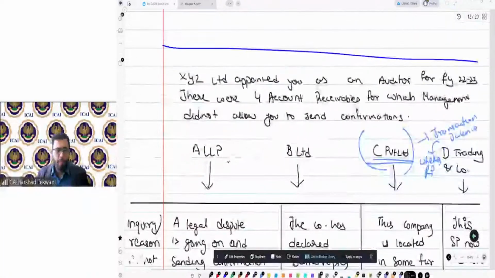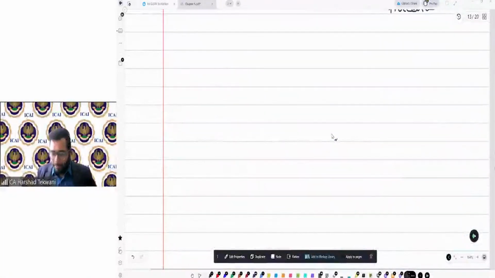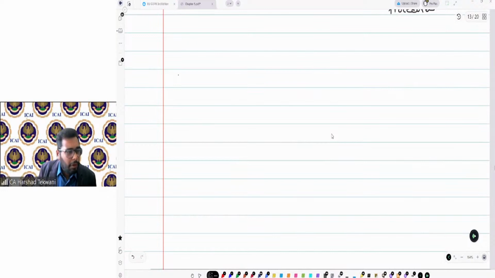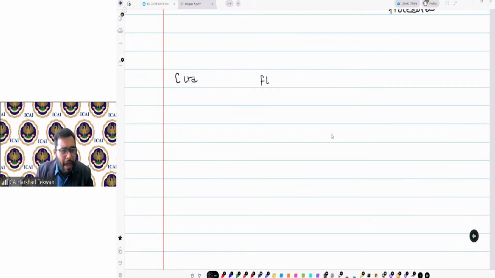So I took these four examples, let's say I'll take four more: E Limited, F Limited, G Private Limited, and H LLP. These are the four companies.